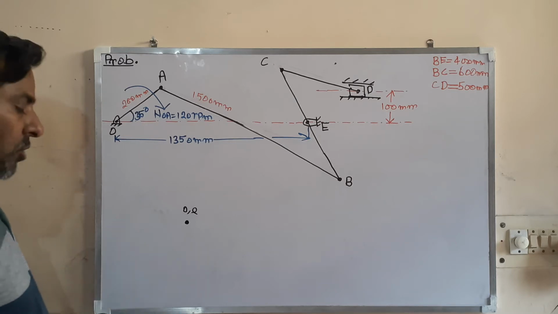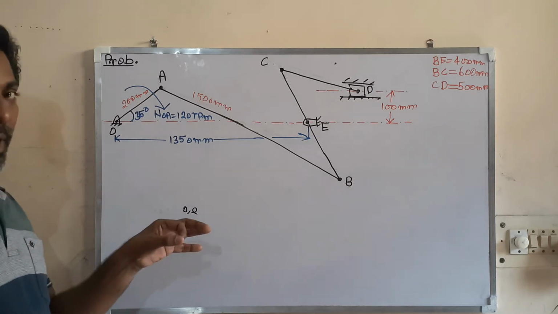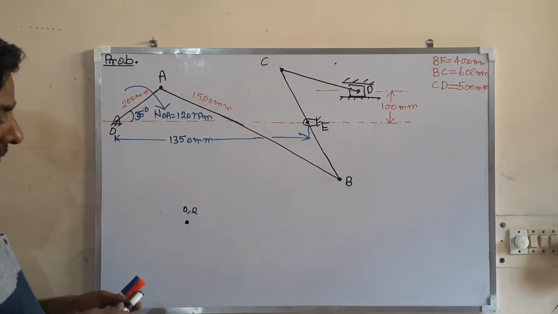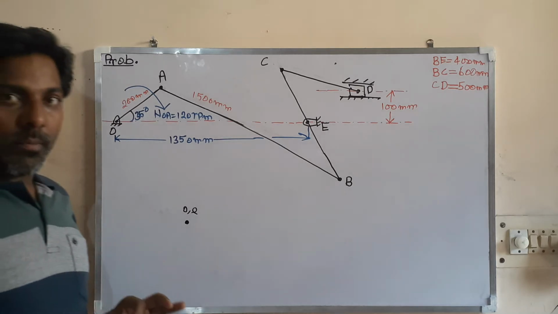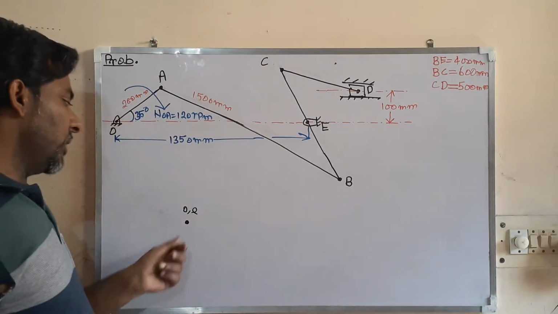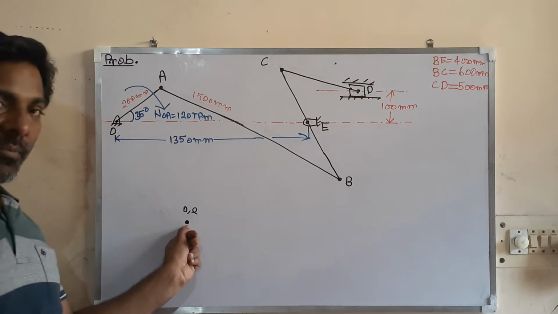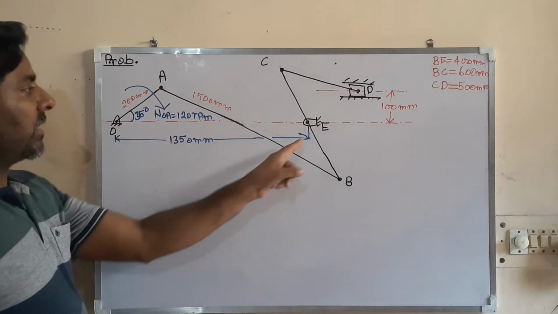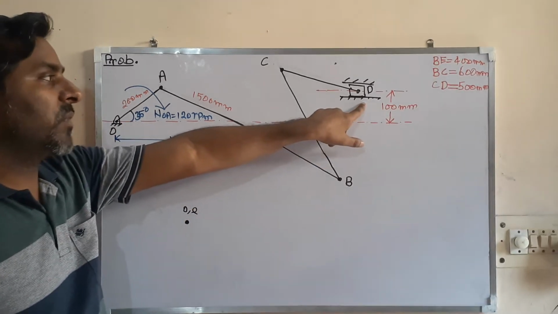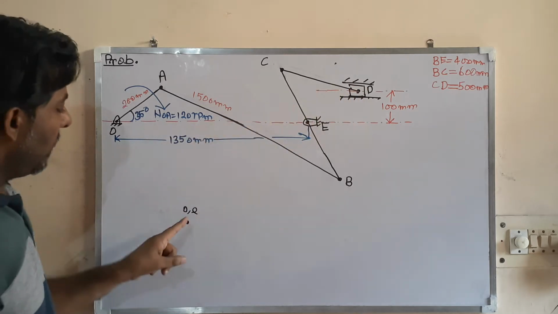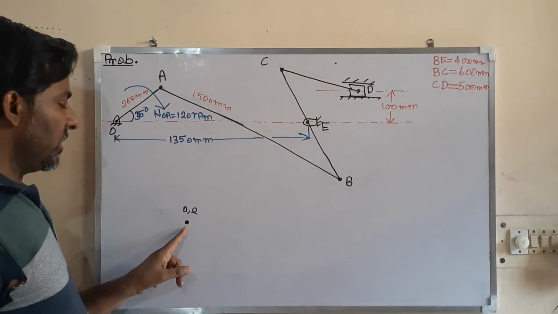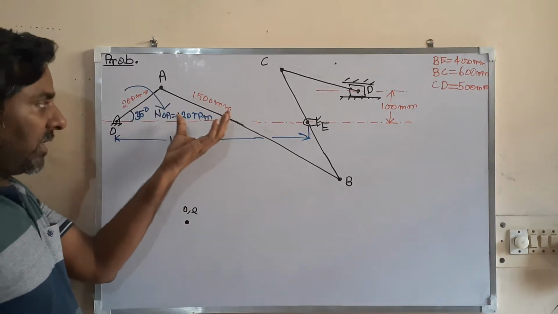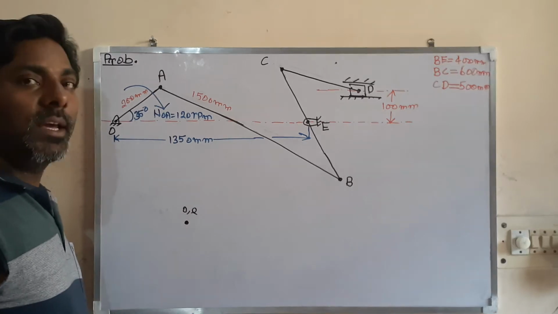So you can draw the configuration diagram in that way. Also you are aware of how to draw the configuration diagram. First of all, by taking some suitable scale, you draw the configuration diagram. After drawing the configuration diagram, you draw the velocity diagram. For the velocity diagram, you take some reference point. So I have taken this as a reference point, denoting the fixed point. So this O is fixed and A is fixed. Also this point is fixed, not the D. D is moving. Then all the capital letters in the configuration diagram are represented by corresponding small letters.